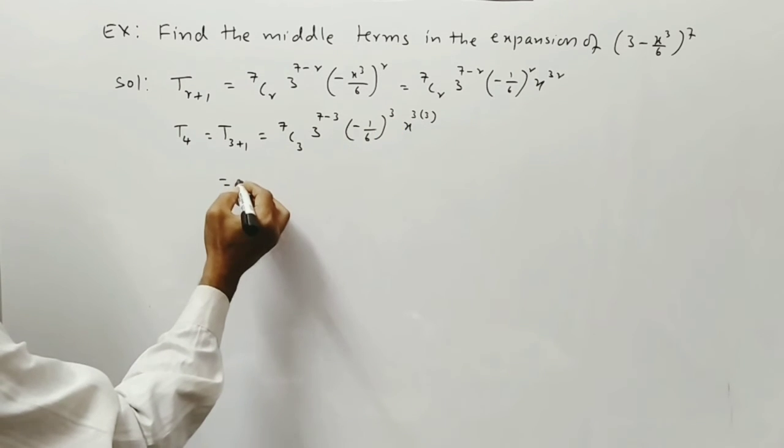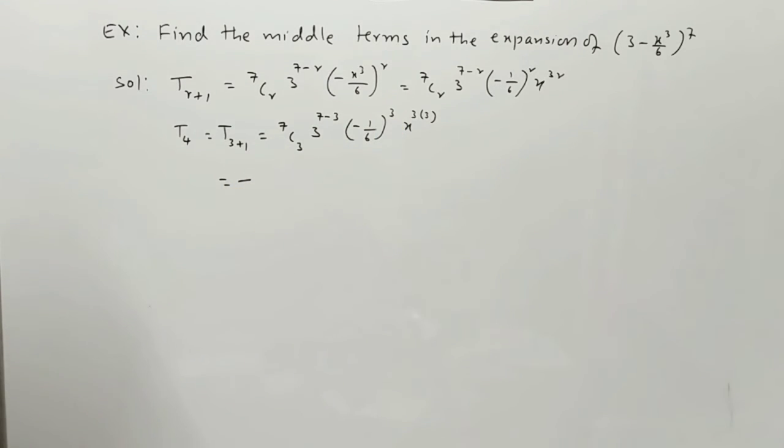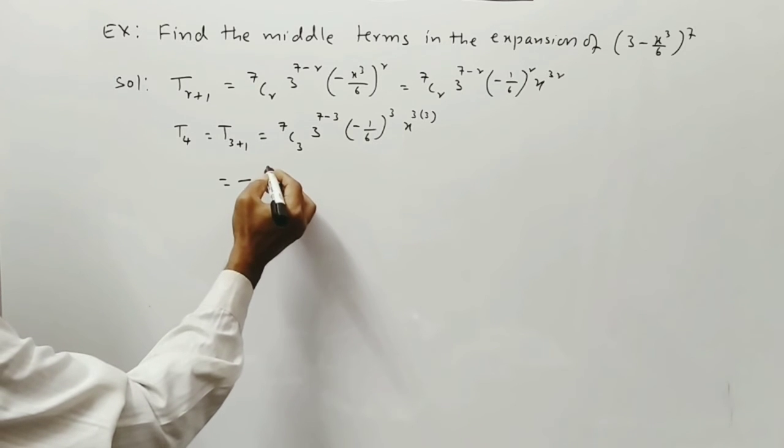When you multiply 3 times, we will get minus 7